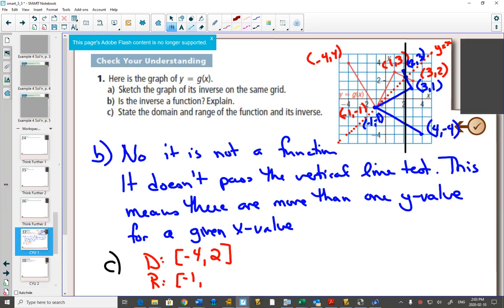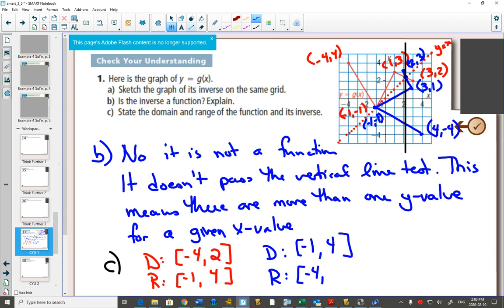The biggest y value is +4. Then on our blue graph, the domain, the smallest x value is -1. The biggest x value is +4. And the range, the smallest y value is -4. The biggest y value